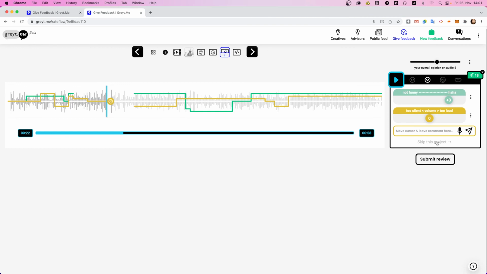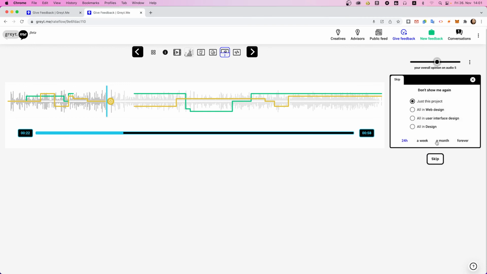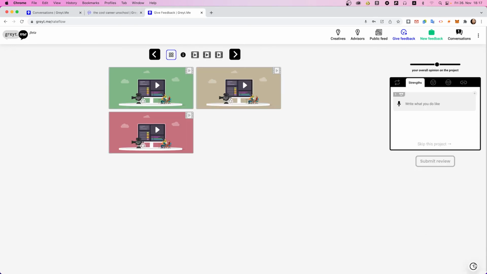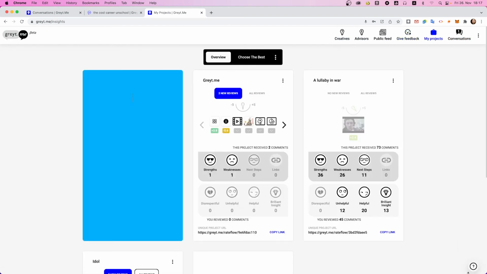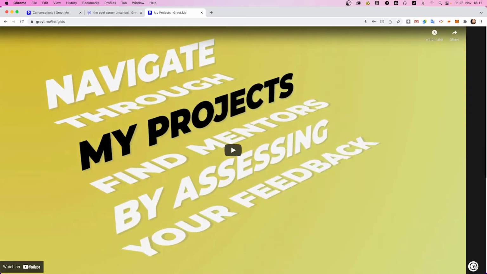The skip function comes in handy when you give feedback and randomly review works. That process is creatively a very healthy thing to do. But we don't want to impose anything on you, therefore we implemented the skip function for certain file types or genres. It is very specific and broadens towards the bottom. You can also choose for how long you wish not to be bothered with this type of work. At last, we want to emphasize again that we show you a dedicated help video at every section of GradeMe, and soon videos will even differ depending on the device you are watching them on.